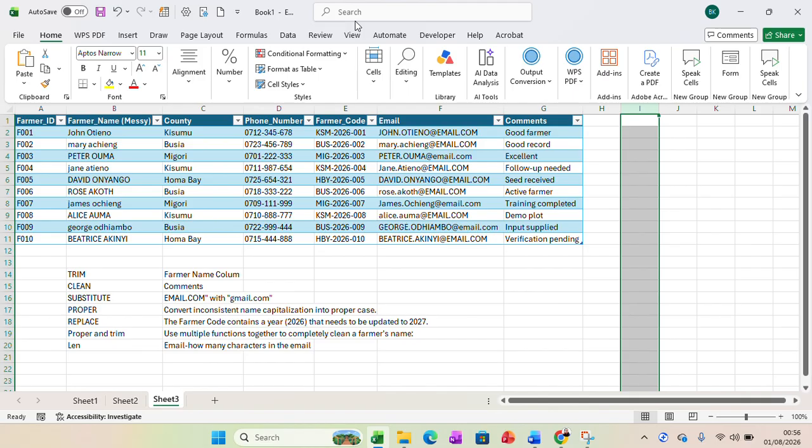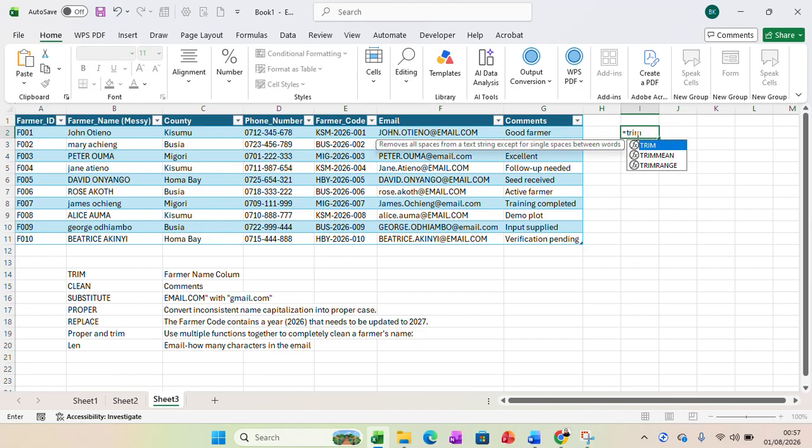So we are going to begin, and the first function is the trim, and we want to trim the farmer column. So type trim, tab, then you click OK, and then we want to clean, and we're going to clean the comments. So type clean, tab,